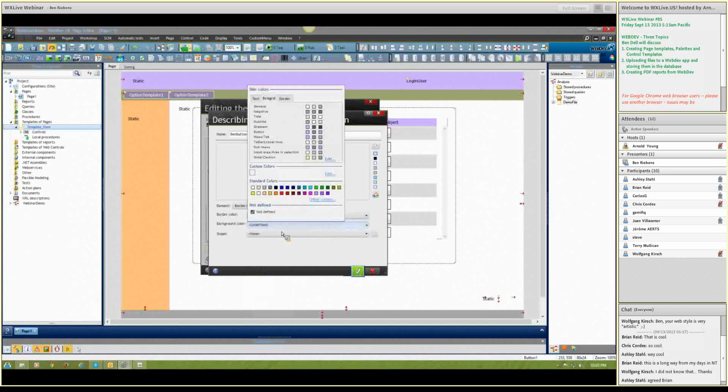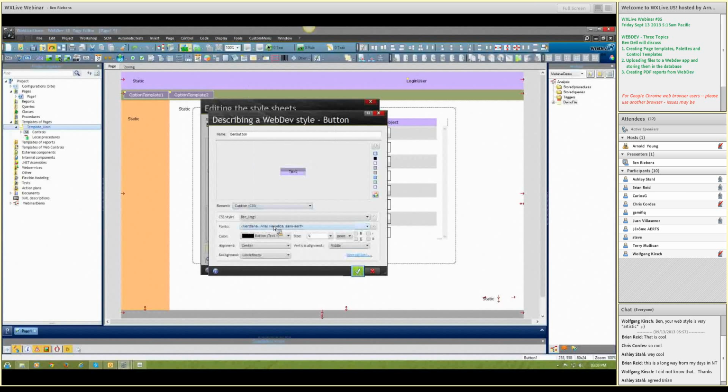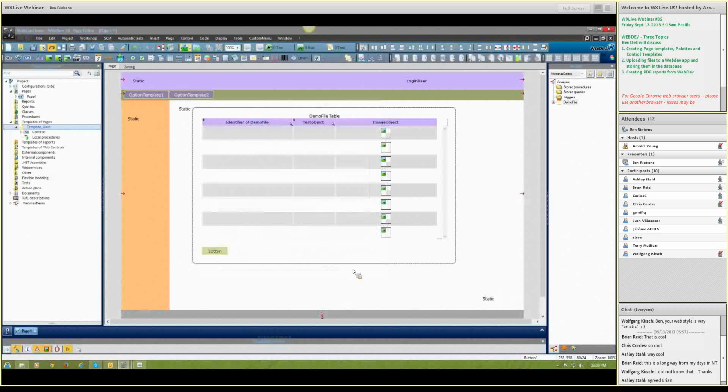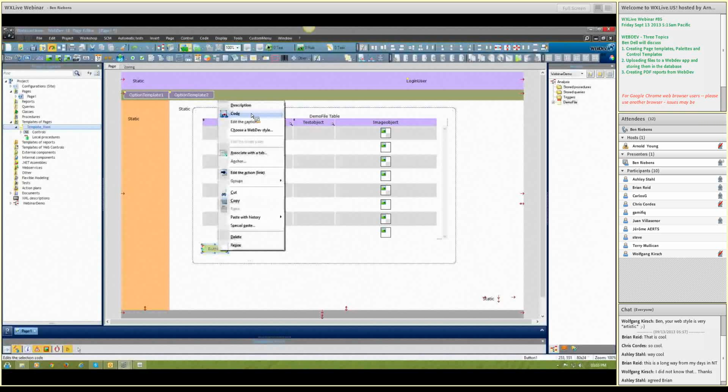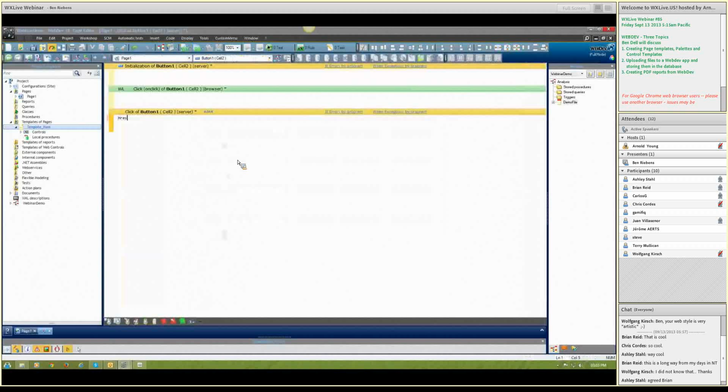My background color is going to be that. Darkish one. Okay, so there we go. So there's my button. I'm going to add a record here. Okay,